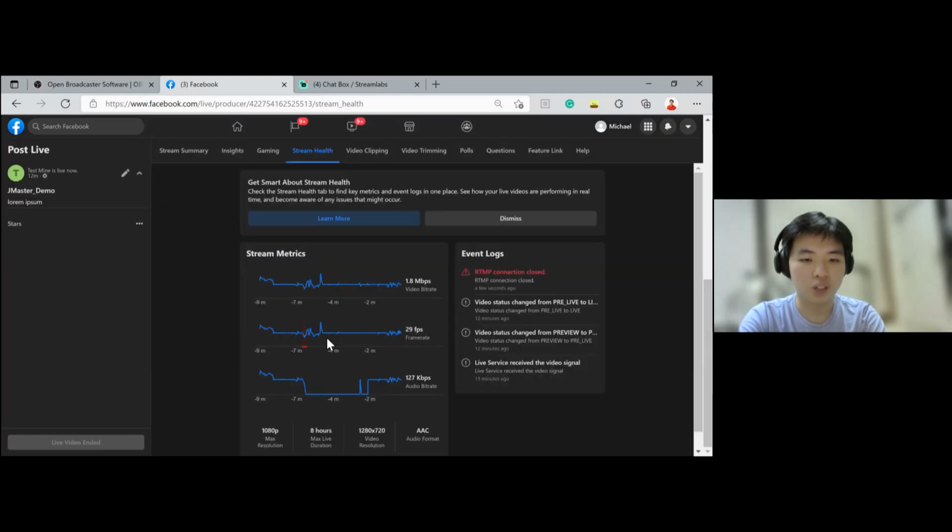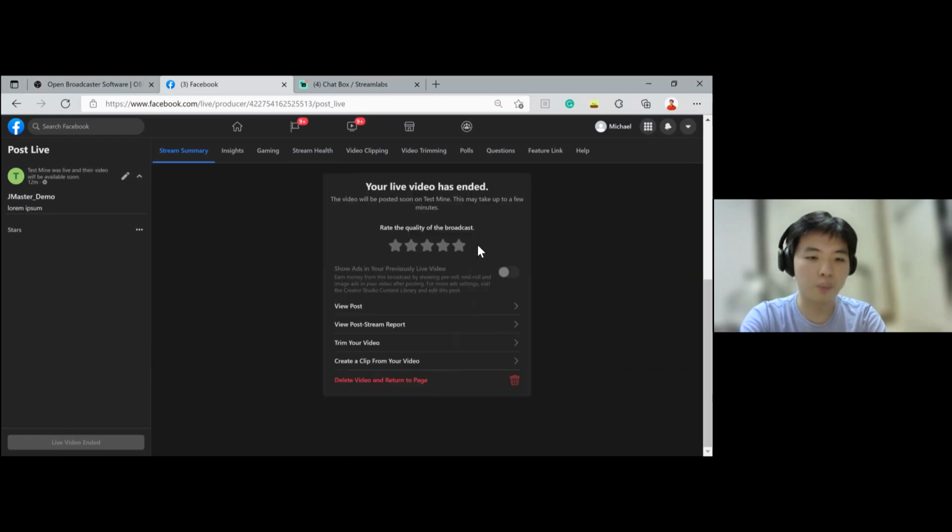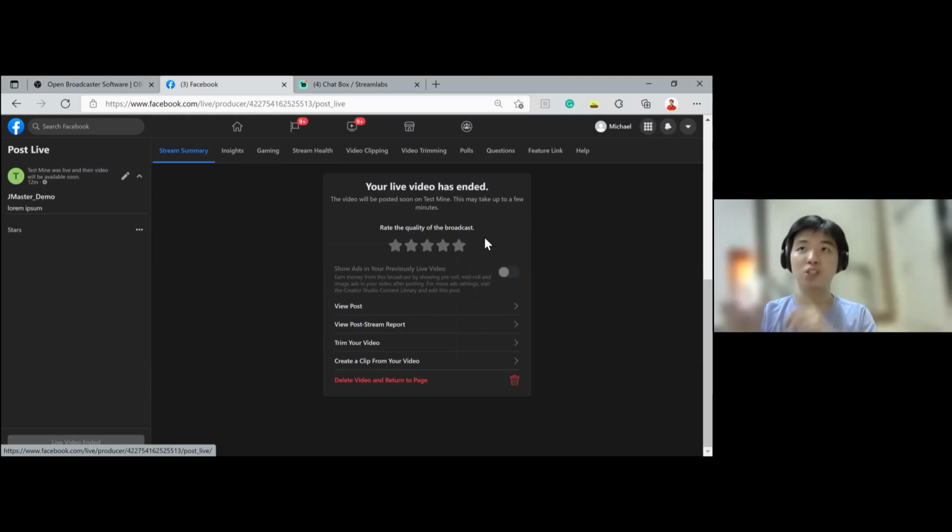As you can see, we actually did dip in quality. That's to be expected if you're using a laptop that's running a lot of things, like Skype, Zoom, and OBS all simultaneously. Whenever you're going to stream, I would say all the unnecessary apps, you have to close them, and preferably just use your phone for Messenger or Telegram, because it'll help free up memory and help in the performance of your laptop,